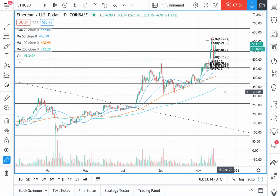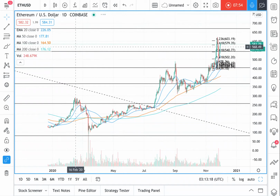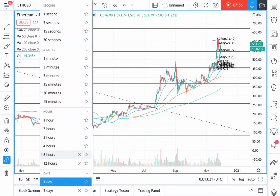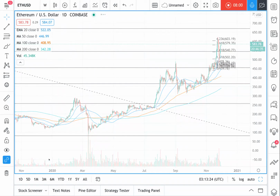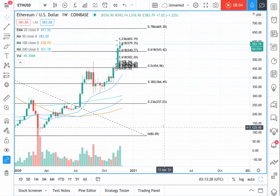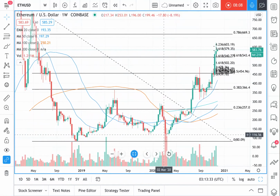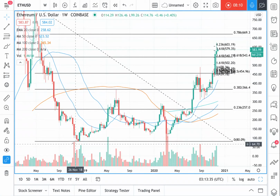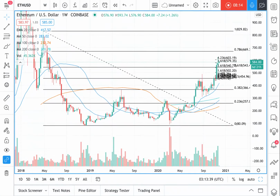So we're going all the way back to March there. Sorry, there's a little bit of delay on the screen at the moment. Well, here's the weekly. That's the low in December 2018 it's looking at. And we said that a cycle,